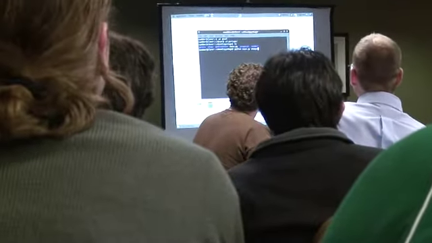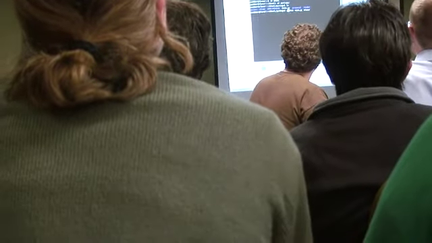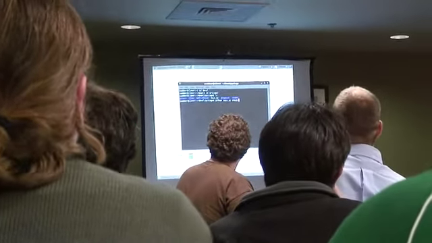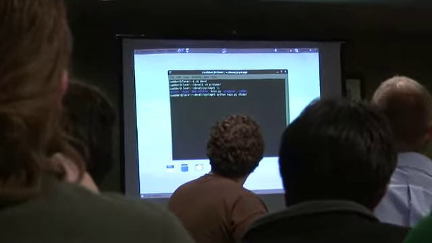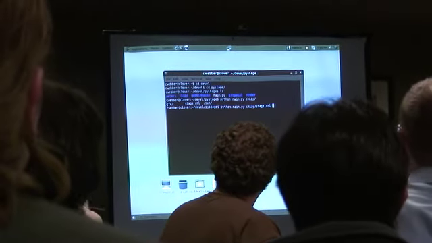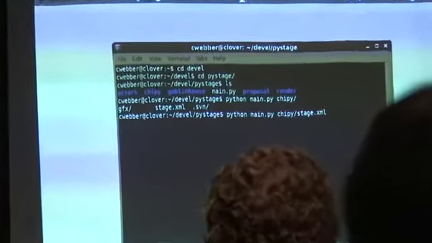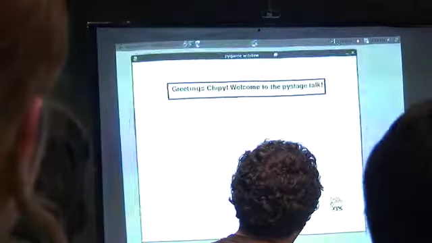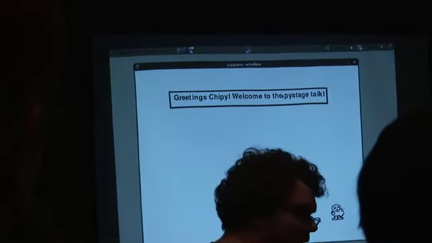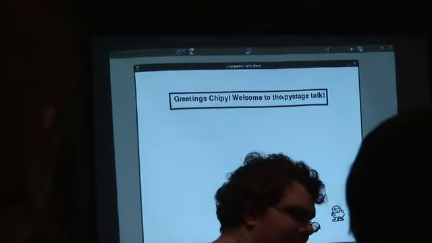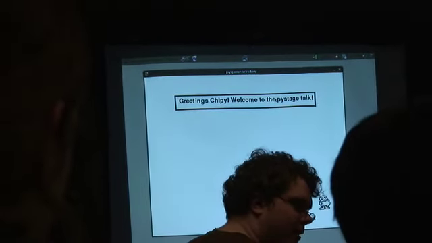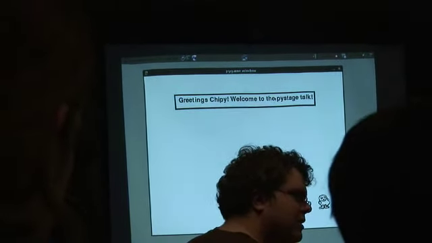And it's pretty easy. You open up main.py and you give it the specific XML file that you want to run. And in this case, ours is ChiPy stage.xml. And by the way, this is on a really crappy machine, so when I run this on my computer, all the animations are nice and fast, and then when I run it on here, they're choppy, and I kind of feel bad about the way I programmed it, and everything's really inefficient,